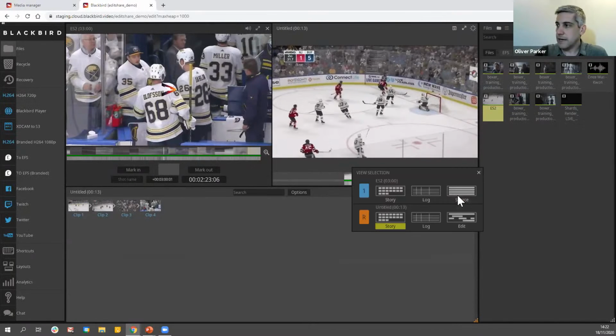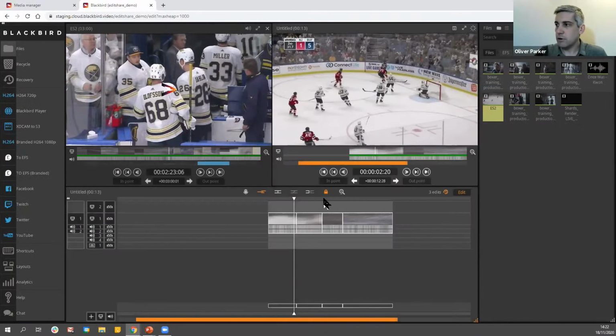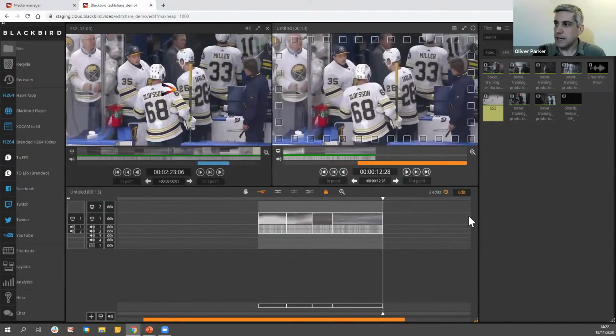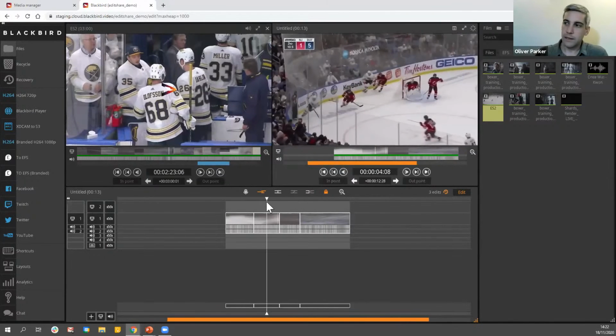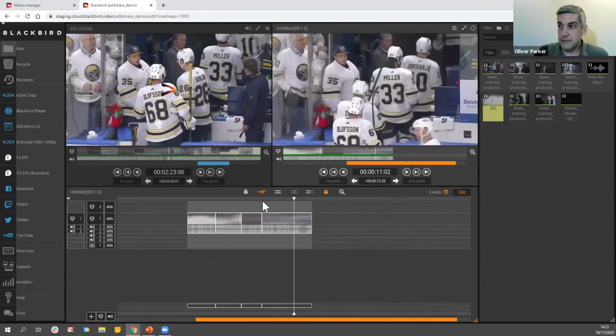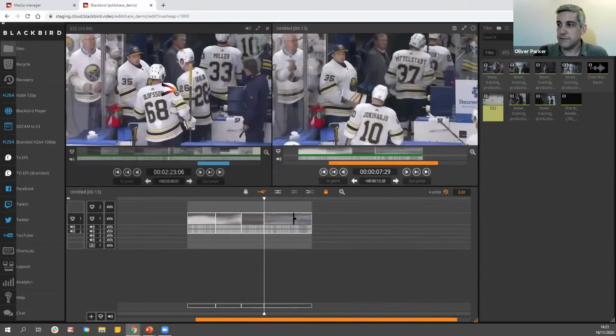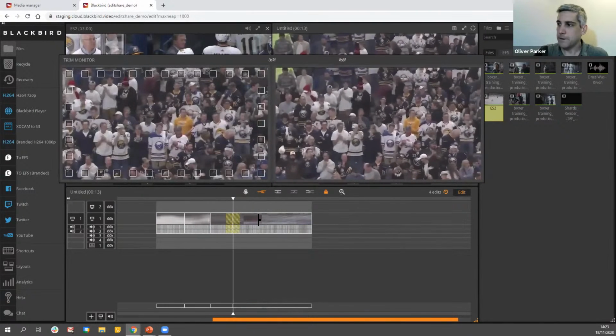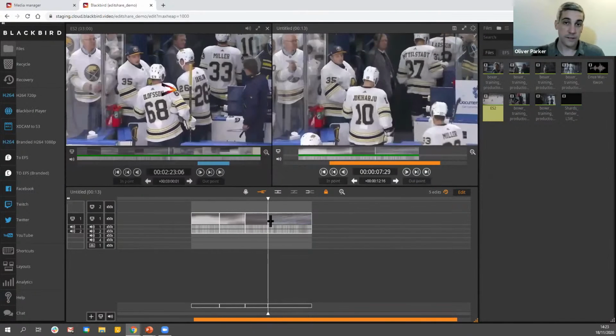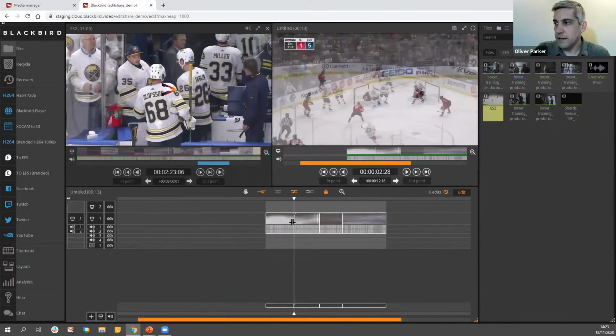So if I change my view again, I can take on that role of the edit user, and now I'm working entirely within a real-time nonlinear edit timeline. Because Blackbird is essentially a browser-based metadata editor, I have completely free, non-destructive edit access over my timeline here. Simple tools: depending on where I put my cursor, as you can see, is determining whether I'm doing bi-directional or one-directional trimming.